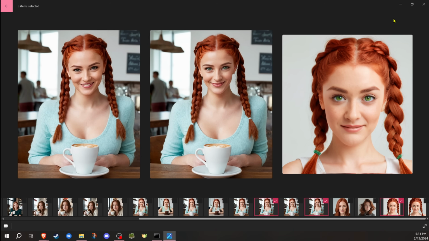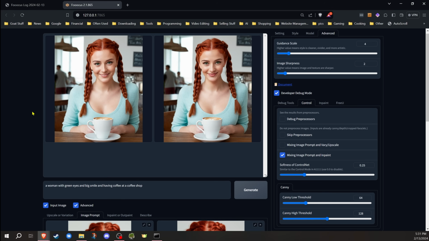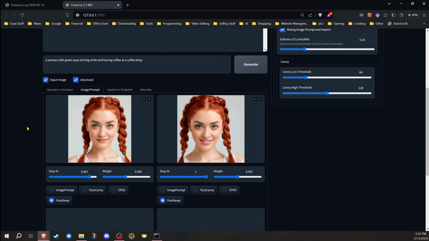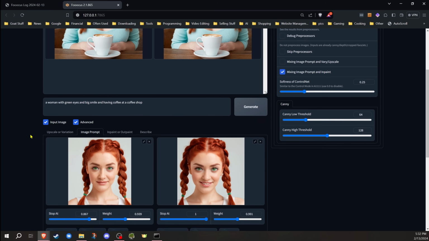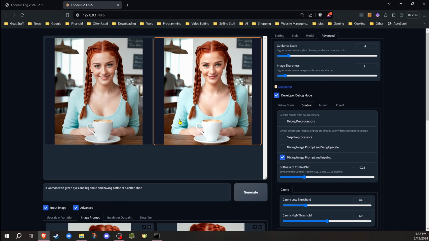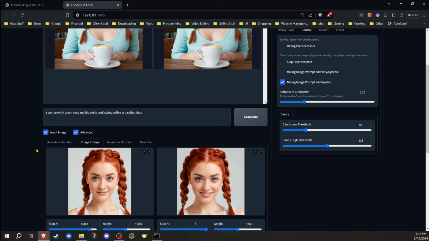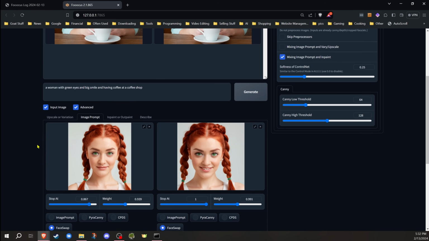So you really want to play around with those to get the results that you want. As I said, you're going to have a harder time getting a different facial expression. If it's drastically different, then you're really going to have an even more difficult time. But that's something that you can play with, as far as what the Inpainting goes with, the image prompts, and everything else. It's just a lot of tweaking, a lot of playing around until you find exactly what you want. And when you do find the settings that work, keep track of those settings so you can use those in the future